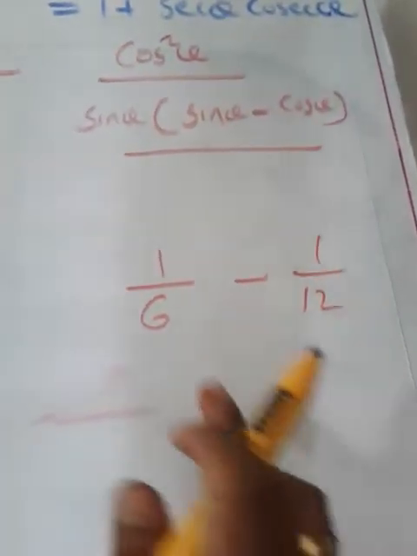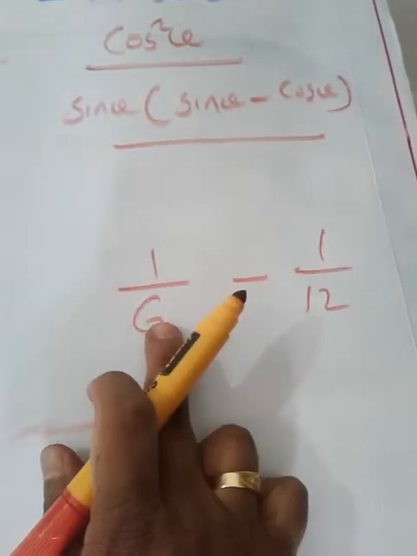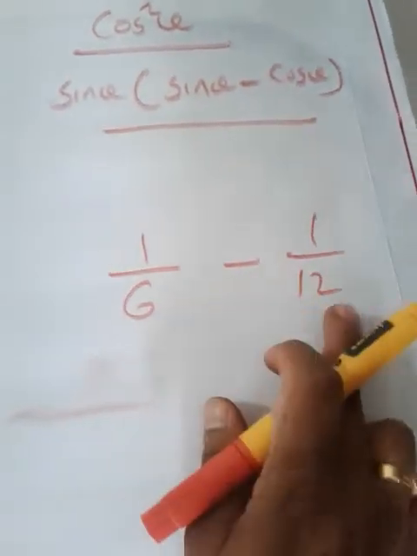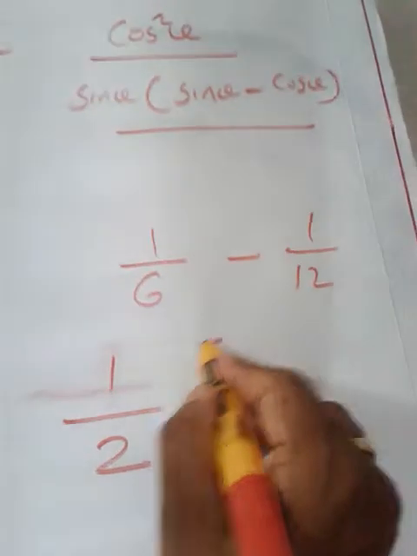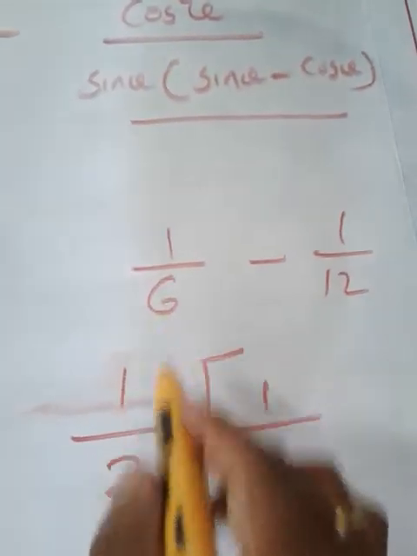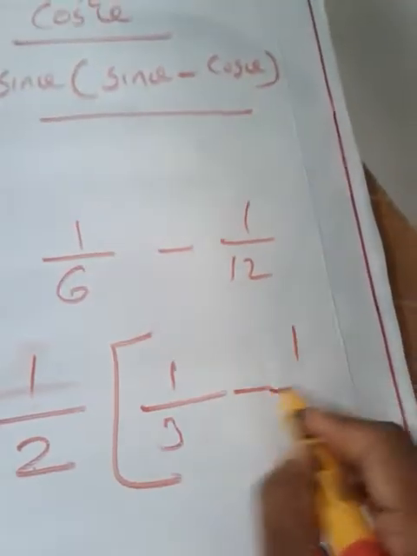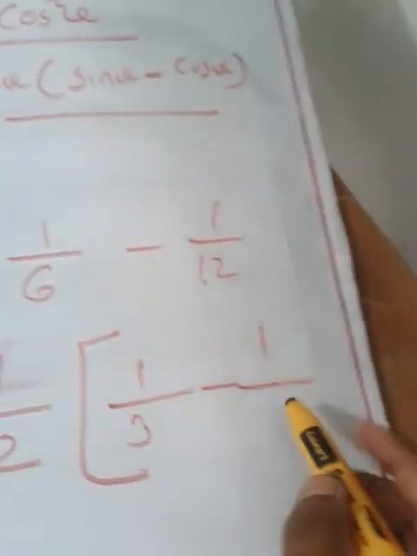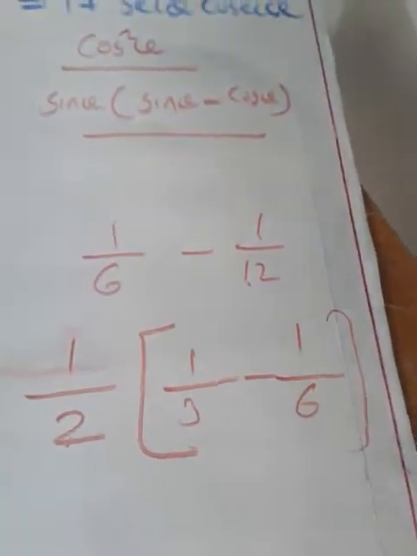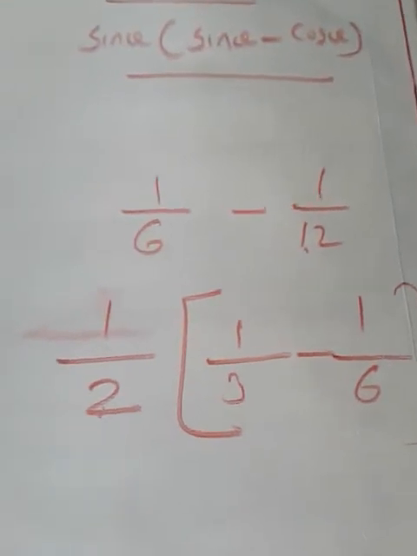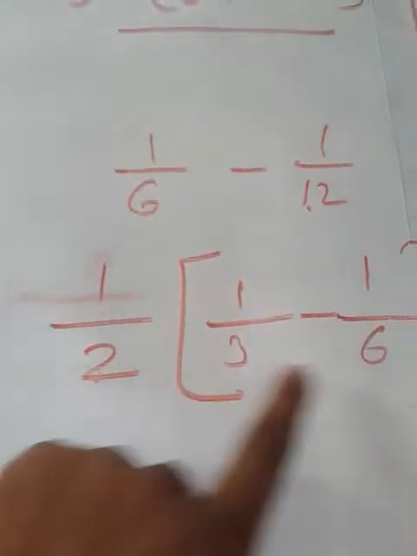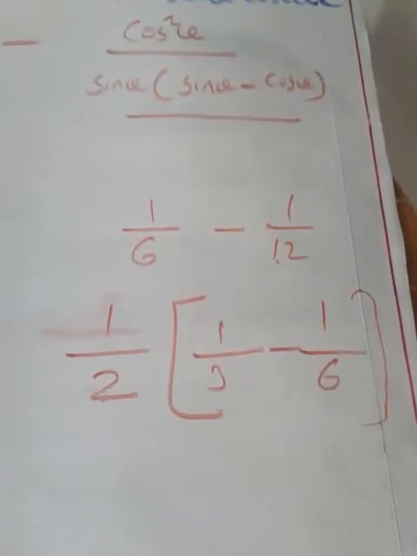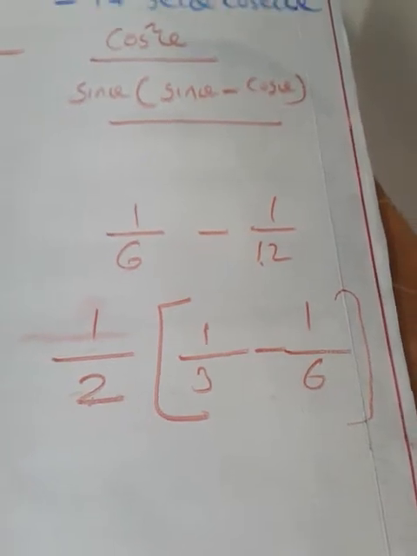Suppose, let it be. 2 is a common factor for denominators 6 and 12. Here the denominator is 6, here the denominator is 12. Anyway, 2 is a common factor for the denominators, so I have to take 2 outside. So I need to write 1 by 2 at that time. Then 1 by, when you take 2 outside from 6, 3, minus 1 by, when I take 2 outside from 12, it becomes 6. You may understand. This is the method. If you have any doubt, you can multiply. 1 into 1 is 1, 2 into 3 is 6. 1 into 1 is 1, 2 into 6 is 12. This is the way to take a common factor outside from the denominator.